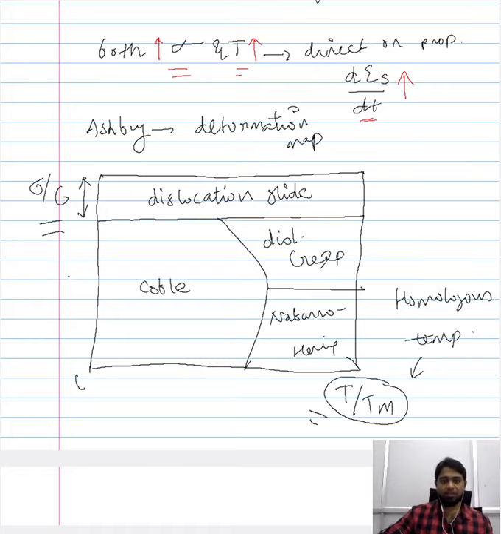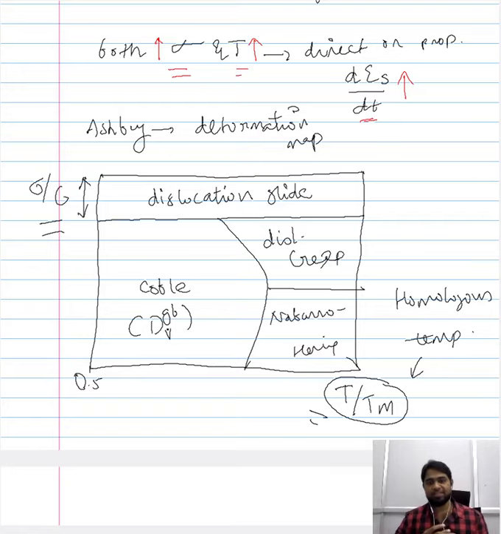Now when you have a low stress and a rather high temperature, because when compared to the ambient temperature, all these temperatures are high. So we don't start here with 0, we start here with a high temperature, or at least 0.5 of the melting point for the x-axis. That means we are already operating at a high temperature. So in this region, the Coble creep mechanism is active. The Coble creep mechanism is characterized by the diffusivity of vacancies along the grain boundaries.